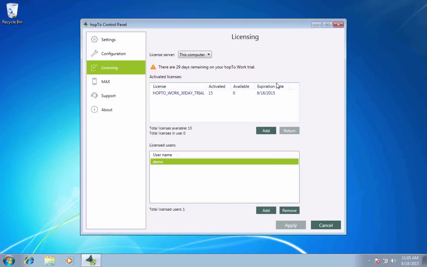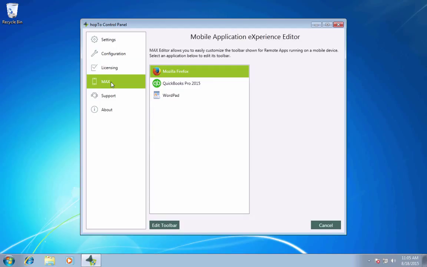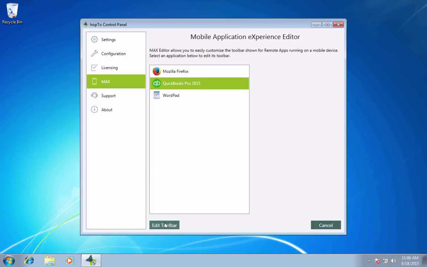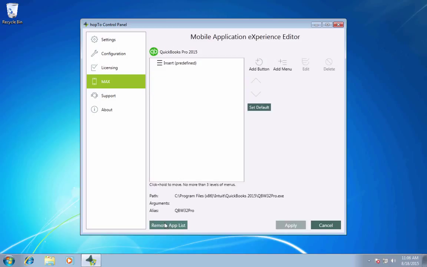The next step from the hopTO control panel is to click on Max on the left hand side here. From here you will see your 3 applications that you have published. So if we click on QuickBooks Pro 2015 and then click on Edit Toolbar, from here we can add menus and buttons, which is used for short keys within your application. To show you how easy this is to do, I will create one menu item and one button within the QuickBooks Pro application. So to do this, I click on Menu,